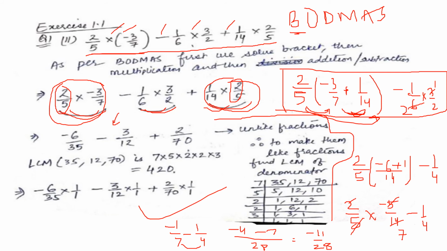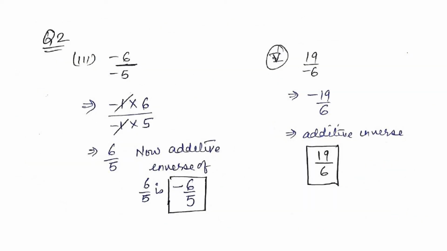So this I have done using the property known as distributive property as per the question. This solution that I have done is also correct, but in this I have not used the property, I have just solved them simply. Okay, so you can use this method also in case the question is saying solve using a property. Answer will remain the same, minus 11 upon 28 in both the cases. Okay, question number 2.